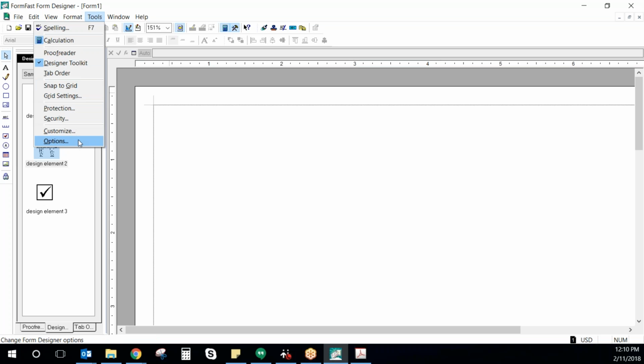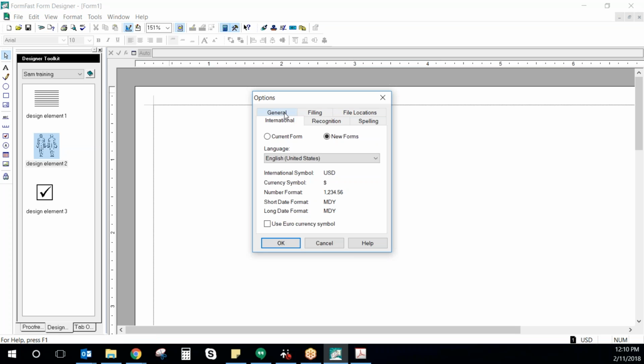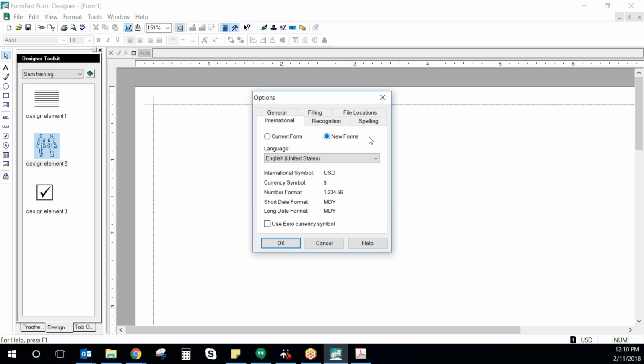Under the Tools dropdown, let's talk about options here. So I may send you a Spanish form on occasion. If I do, then before you import it in, what I want you to do is click on New Forms and choose Spanish Modern Sort. What that will do is it'll bring in all the special characters and everything, and it'll do a good job